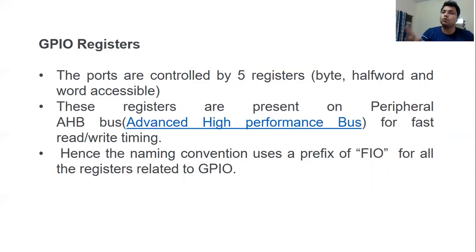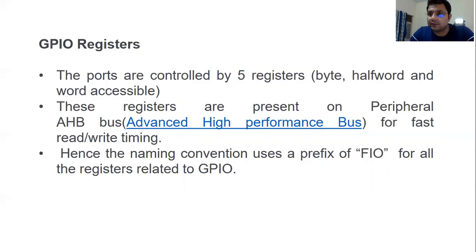But if you have to configure it for some other specific purpose, suppose for UART, for serial communication, then the function will not be the default one we use for general purpose input output. Then we have to write some other value corresponding to that pin. Then 00 would not suffice. Some other value we have to write. That value we have to check from the table,